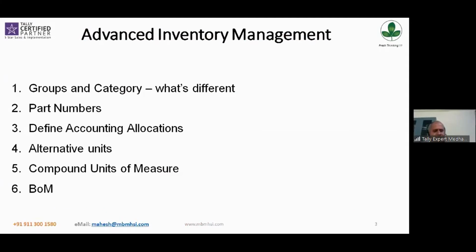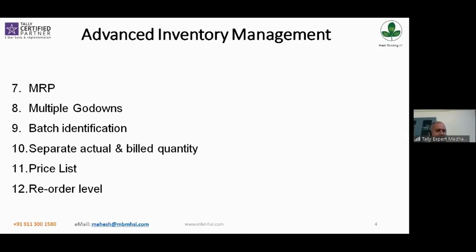In today's session, we will look at what groups and categories are and how they differ. We will look at how to use part numbers in inventory, how to define accounting allocations on inventory, alternate units, compound measure of units, bill of material, MRP, that is maximum retail price, multiple godowns, batch identification, separate actual and billed quantity, price list, and reorder levels.